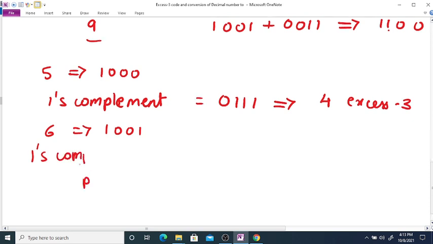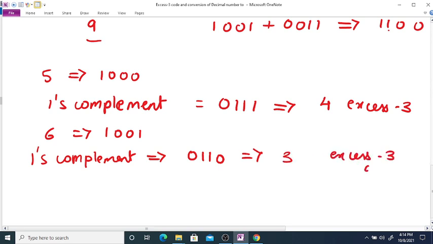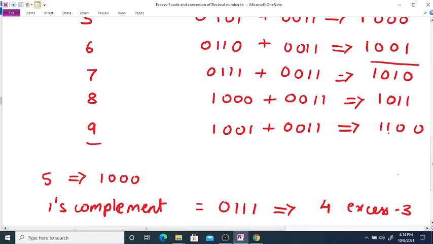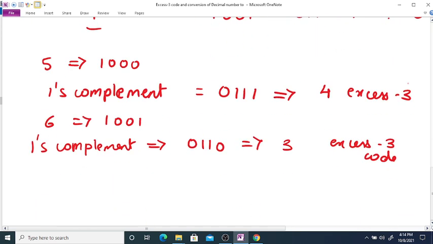If we take 1's complement of it, we will get 0110, which is representing 3 in XS3 code. We can see here for 3 we have 0110. So in this way it is a self-complementing code.